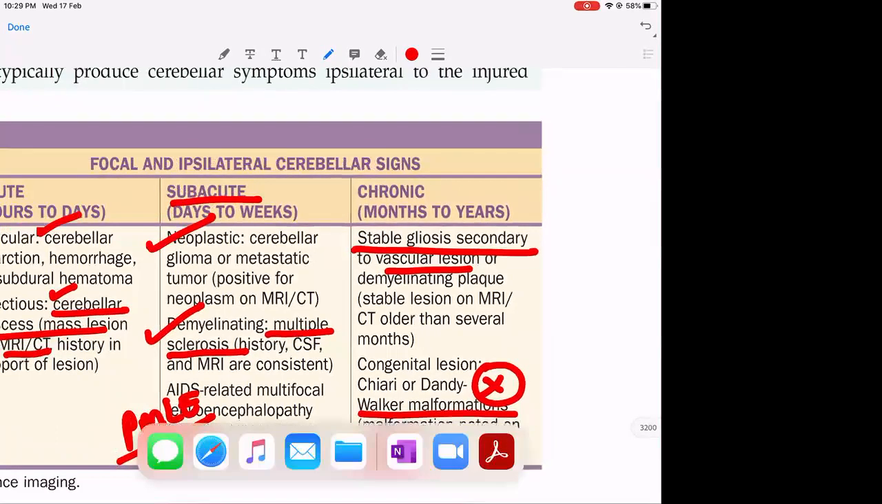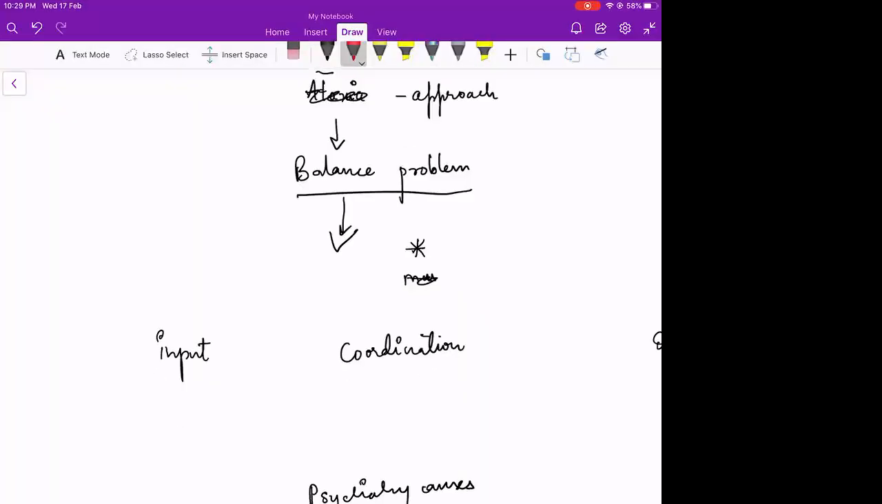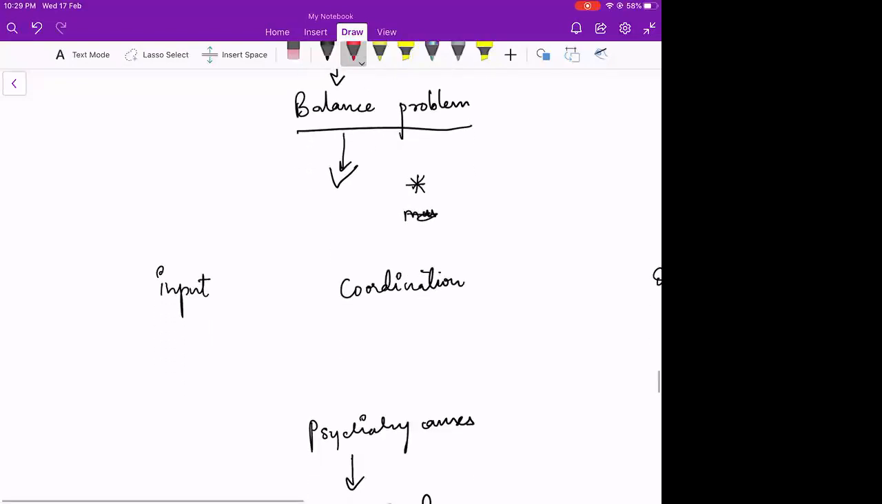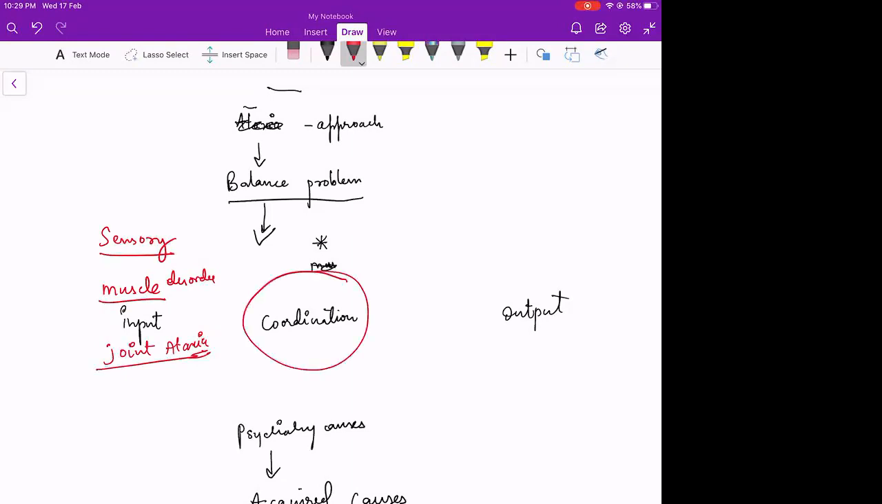So after knowing the causes of ataxia, we'll see how to approach the ataxia. In approach to ataxia, we have to rule out basically the input, coordination, and output. We have to rule out the sensory type of ataxia. We have to rule out if the patient is having any kind of muscle disorder, and even any joint disorder, as the patient can have symptoms like ataxia, which has to be differentiated, and the coordination, which will be affected in cerebellar disorder,